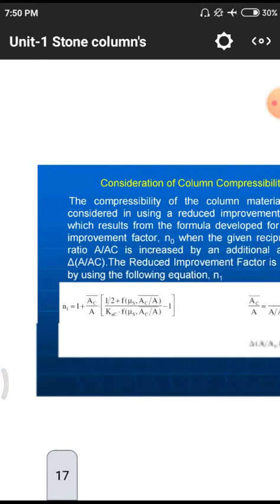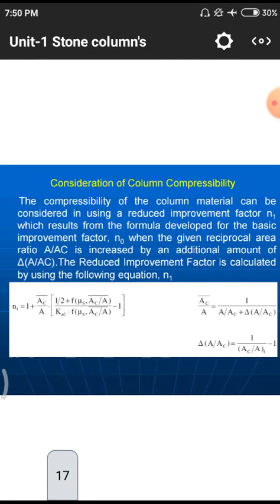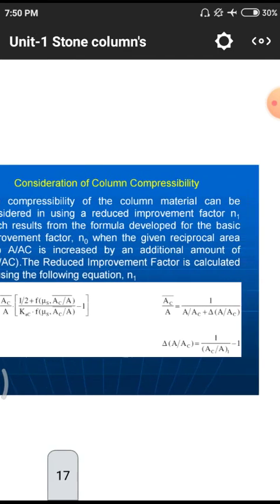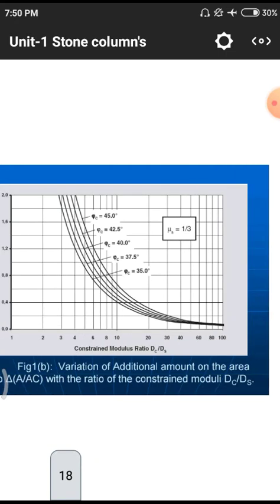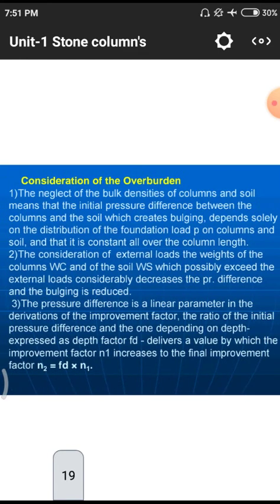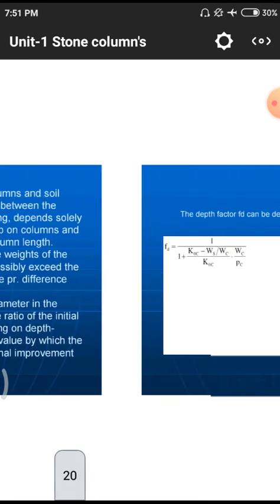These are the graphical representations, and this is the efficiency of the particular columns. After that, these are the notations. Normally we observe these kinds of graphs in RCC, particularly while designing a column with SP16 charts. You are all well aware of these SP16 charts. By using fck by bD squared values, we design the quantity of area required and the amount of steel required, all of which are associated with the SP16 charts. These are the considerations.